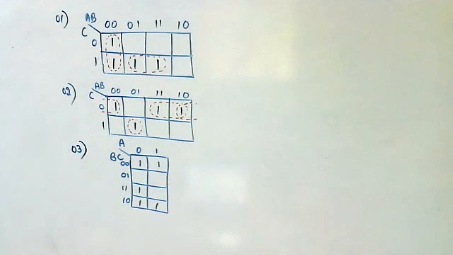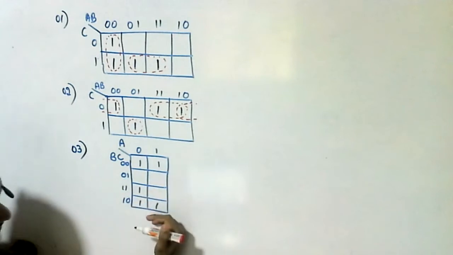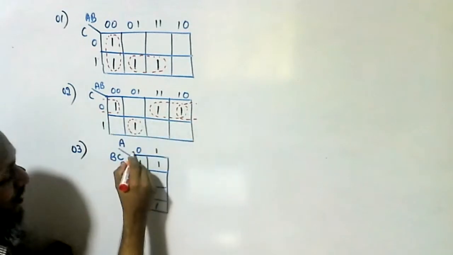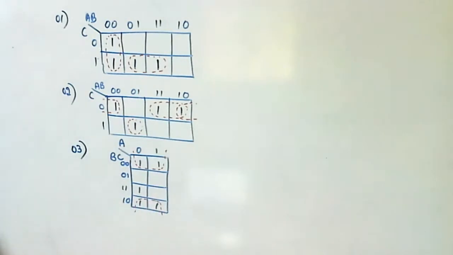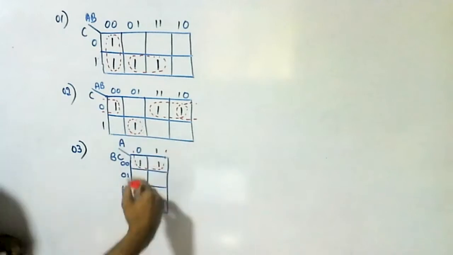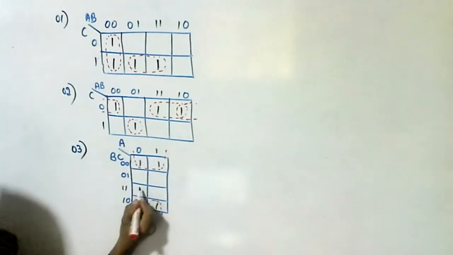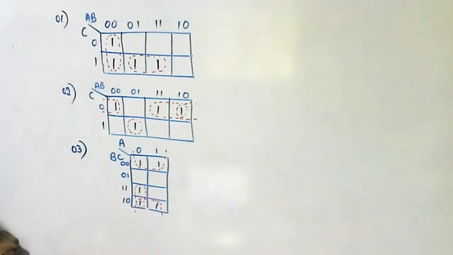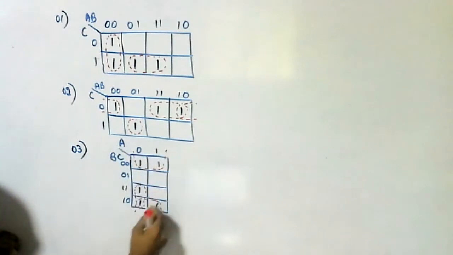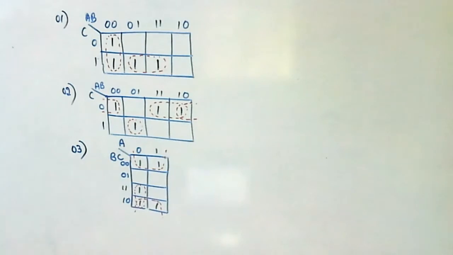So how can we group this? Yes, students, most bottom ones and most top ones. It is wrapped around. So we can group these 4 ones separately. One group. These two, one group, because it is wrapped around. So for this one, we can use this one. Overlapping is allowed. So only 2 groups, and in one group 4 ones are there. In the other group 2 ones are there. Those who got correct, please raise your hand. Students? Right, good. I'm coming to the 4th one.